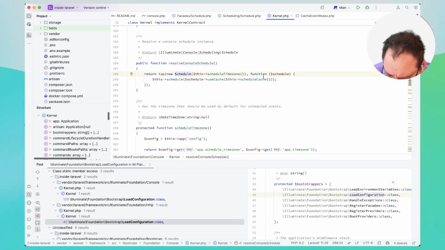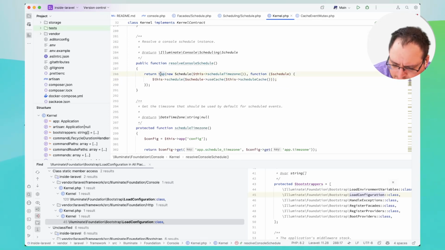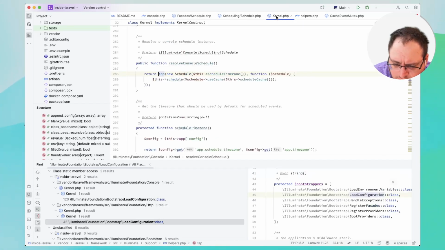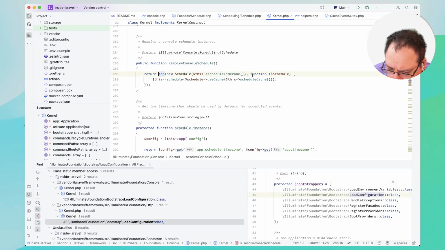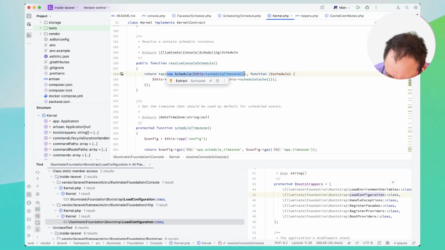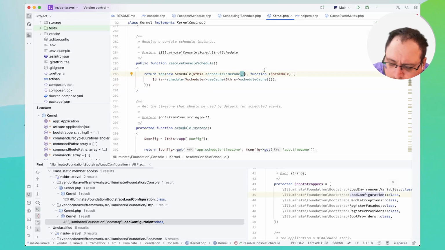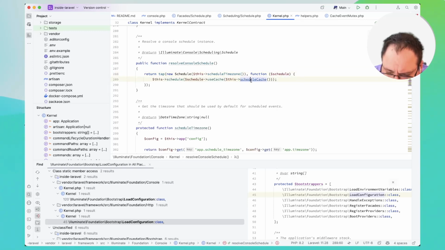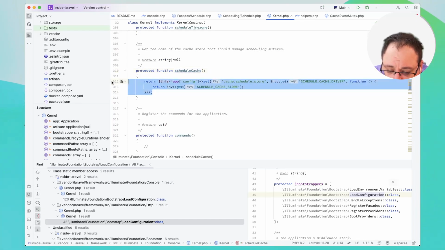Okay, is there anything else to that? And this is tap, which is, if I remember correctly, just calls the callback and passes in the value. So this function will get passed that. Okay, yeah. And then schedule cache is whether, so